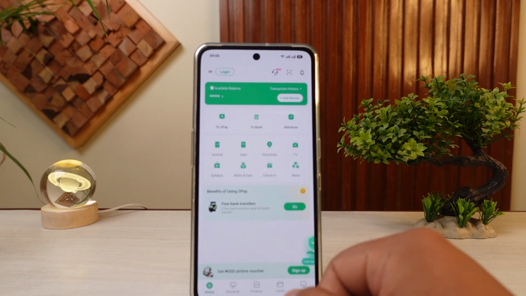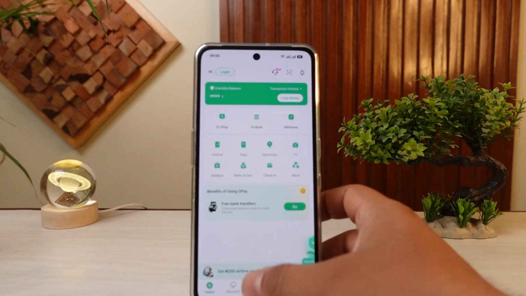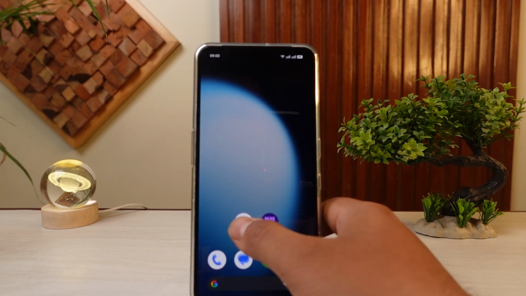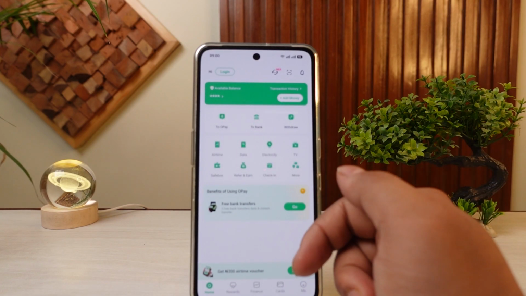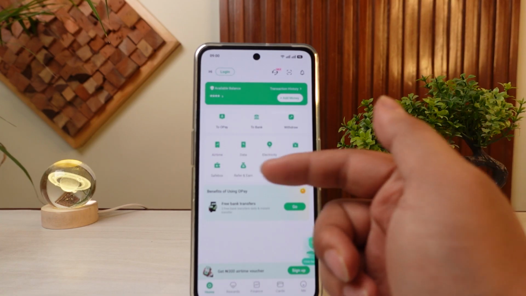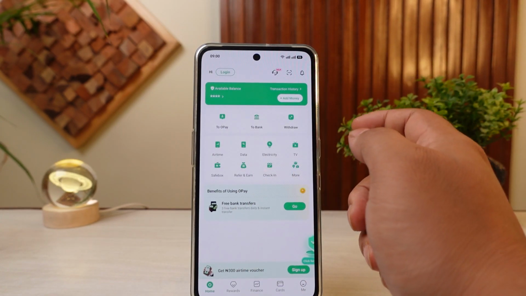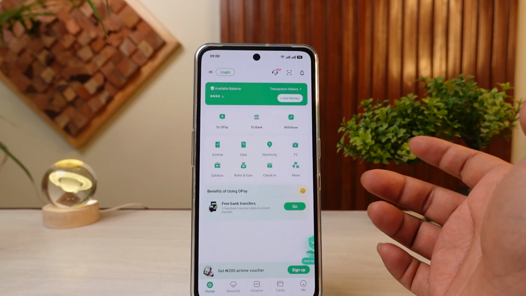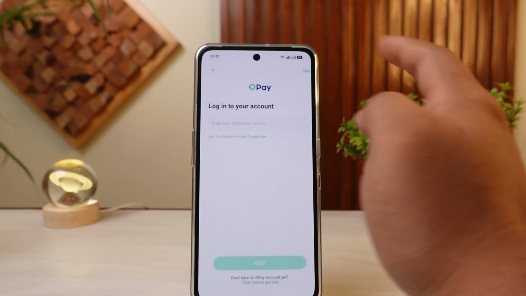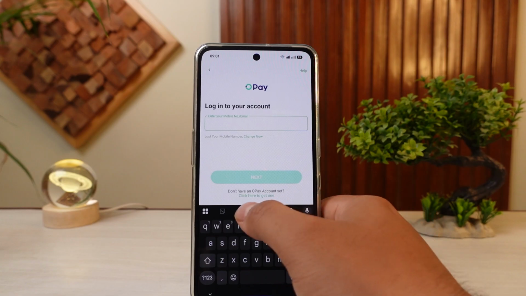Let me show you how to open an Opay account in Nigeria. Now this is a quite simple process, and all you want to do is download the Opay application onto your device, and once you open up the application you may come across a similar interface. All you want to do is head over to the sign up option on the bottom, or if you don't see that, tap on login on the top, and right here you can see the option which says click here